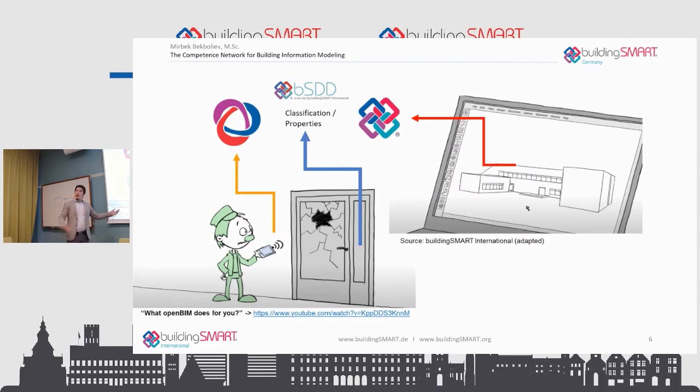And then we have solutions. I don't talk about theory, because today I will be showing you real examples based on a real process. You just need to optimize your processes. You need to show how it works and which way you have to use specific standards and services. And this is